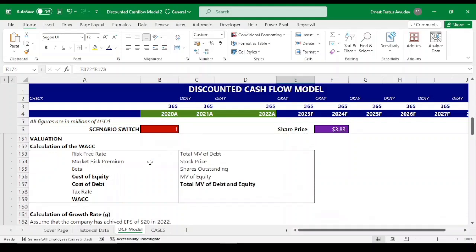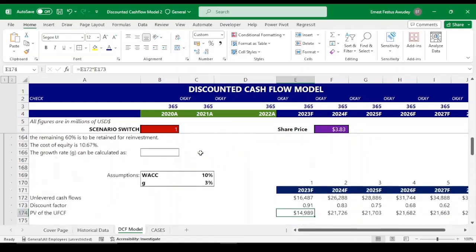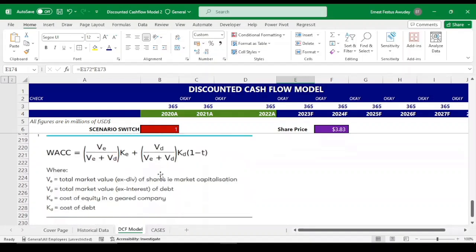To be able to calculate the WACC, let's look at the formula for calculating WACC. The formula for calculating WACC is this. Now this is how the WACC works. The WACC takes into account what we call the capital structure of the business, and the capital structure of the business is talking about the proportion of equity and debt used to finance the business. A capital structure can typically be 80-20,